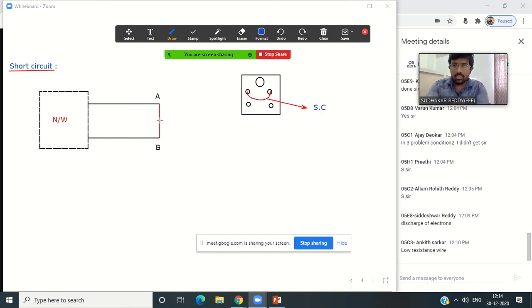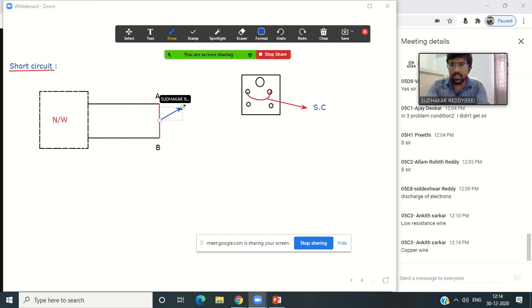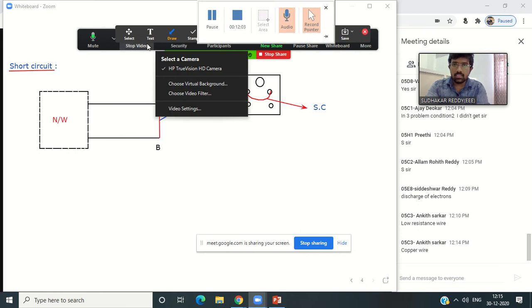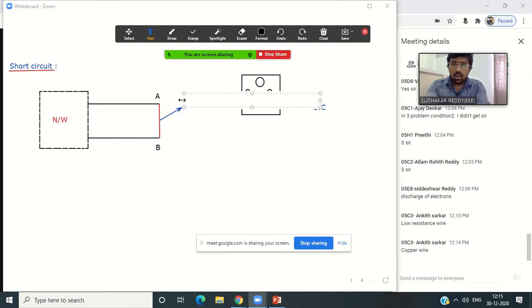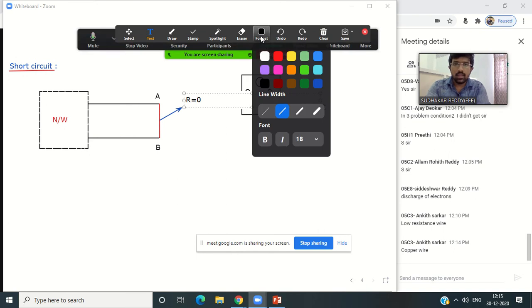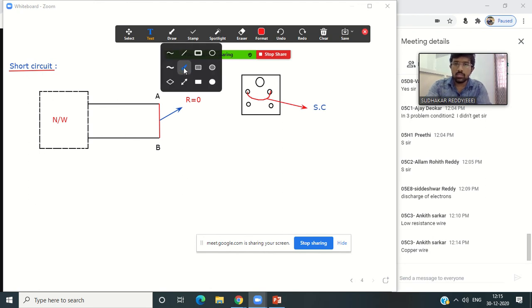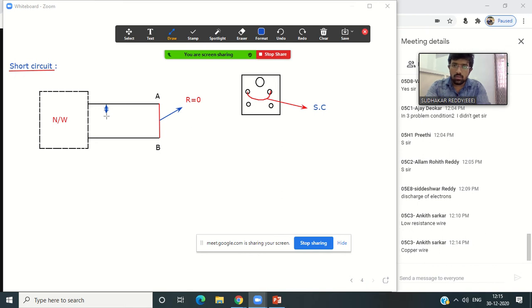Okay, now. But ideally speaking, keep in mind, the resistance offered by any conductor is equal to 0 only. Now what I am telling means, in a network between the 2 points, I am connecting one connecting wire, and the resistance offered by that connecting wire, I assume ideally, that resistance value equals 0. Okay, now can you find out what is the voltage